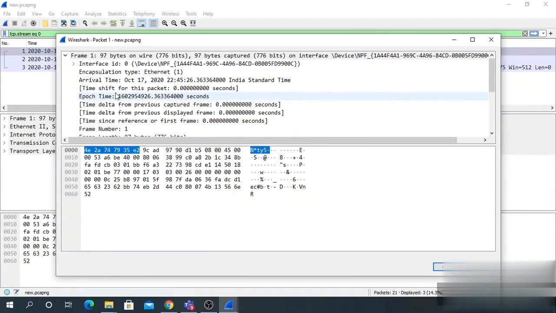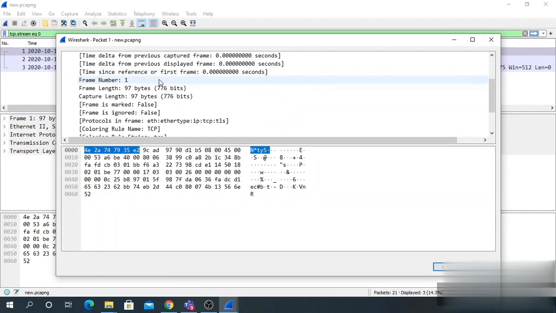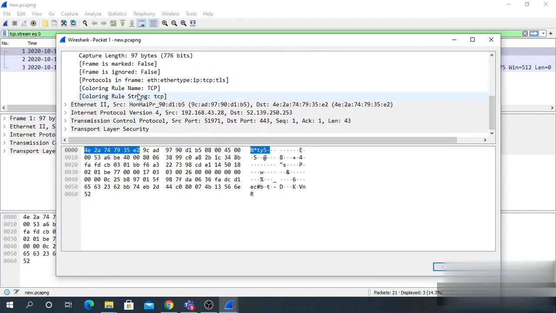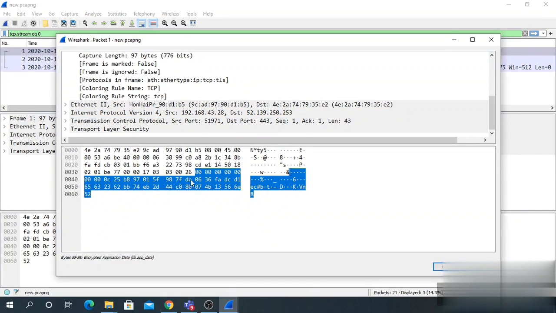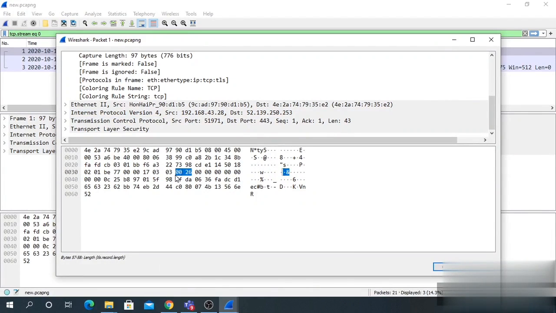This first line shows the summary of the frame and the other lines show the data link layer, the network layer, the transport layer, and finally the actual data content within the frame. So Wireshark will highlight the bytes in hexadecimal in the bottom panel, as we can see here.